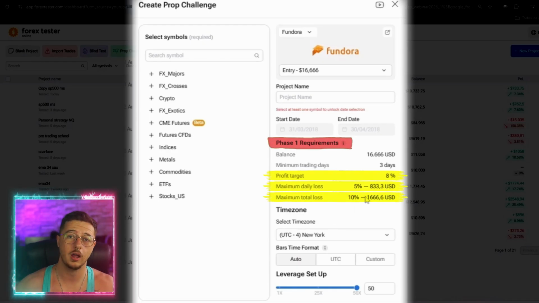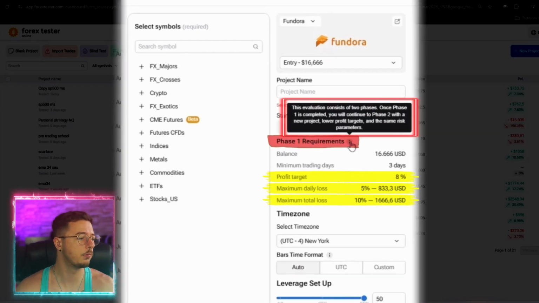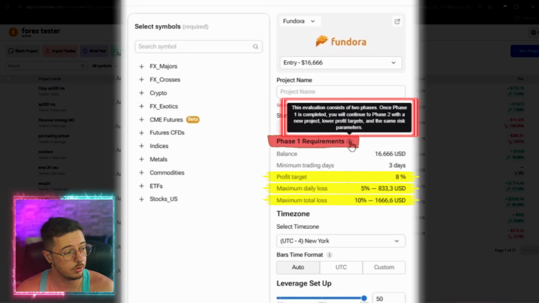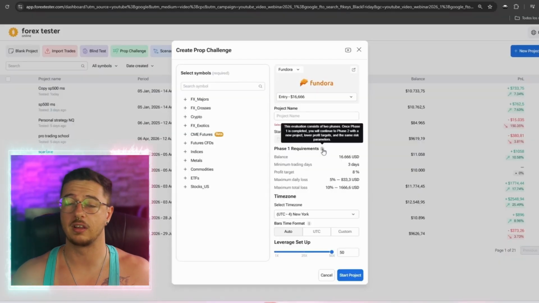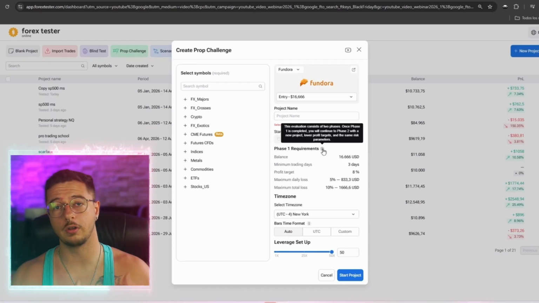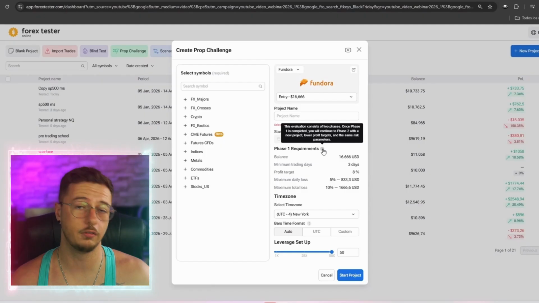Really typical prop challenge. And if we come onto this here, it says this evaluation consists of 2 phases. Phase 1 is completed, you continue to phase 2, completely automatic, you don't need to do anything. So this is a great way to see if we can actually pass phase 2 and be able to get a funded account from a 2-phase challenge. At the end of the day, the 2-phase challenges tend to be cheaper than phase 1,